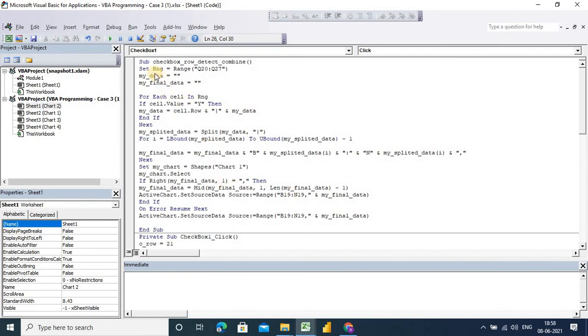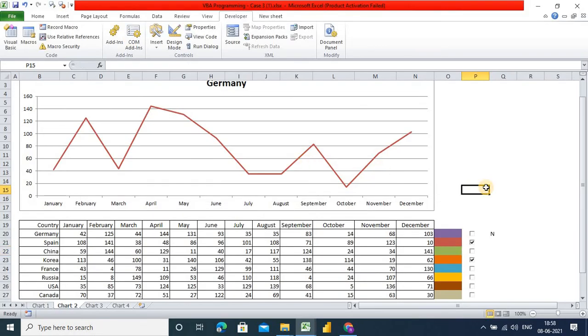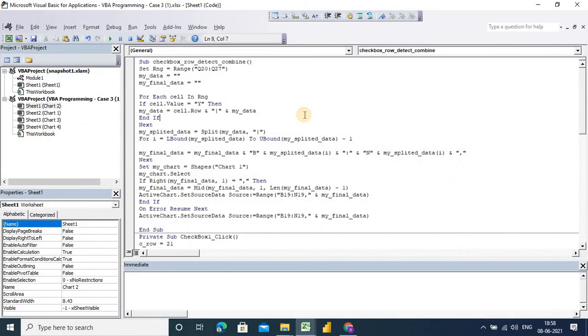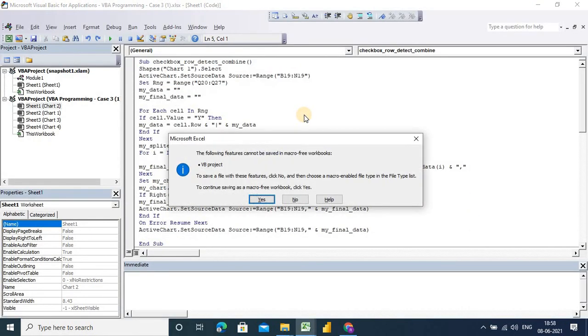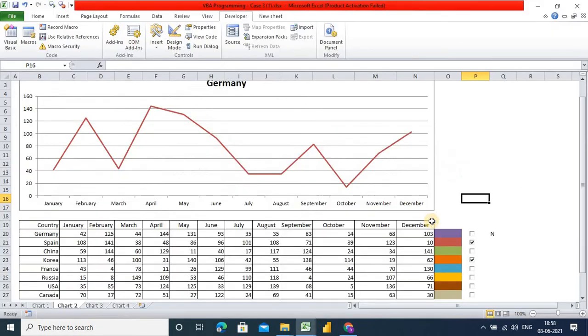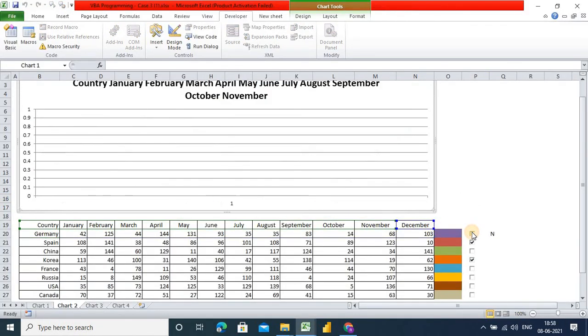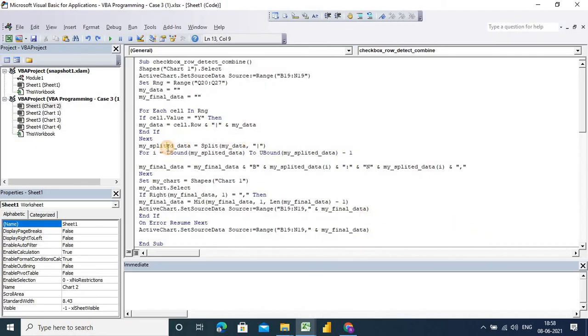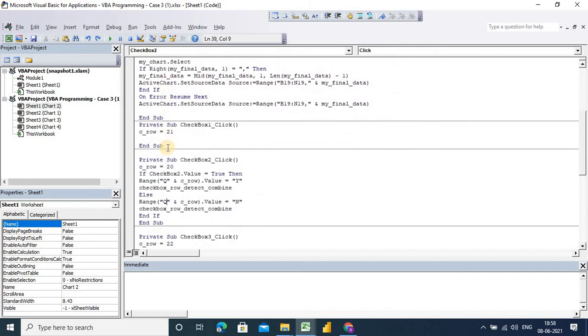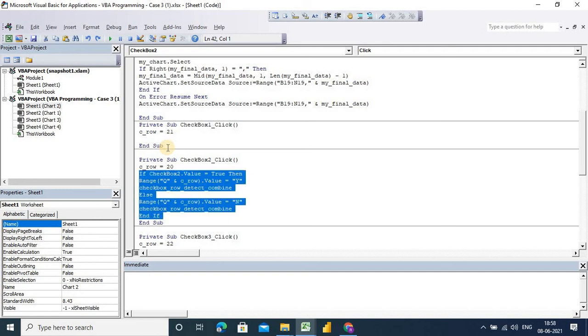One minute, actually we have removed something here, so that's all. So now you can see our chart. Okay, now we are applying all these things again. Just copy paste the same thing from this range to that one, and only select the checkbox.